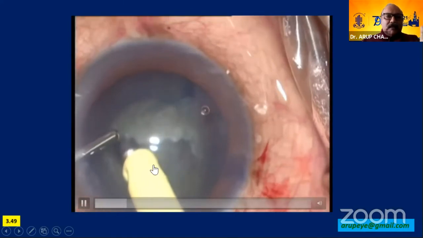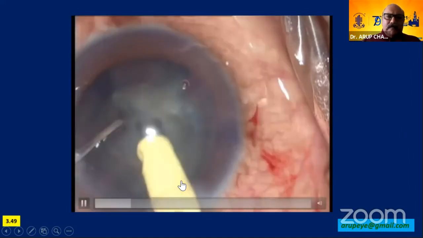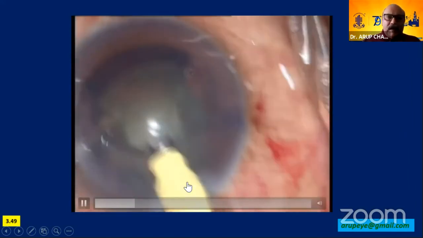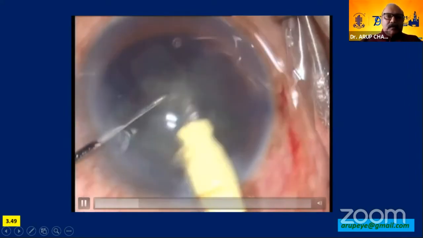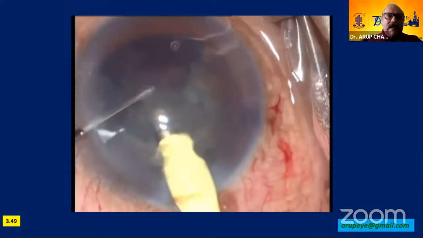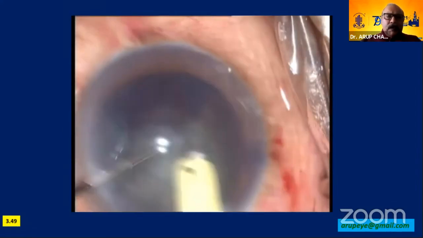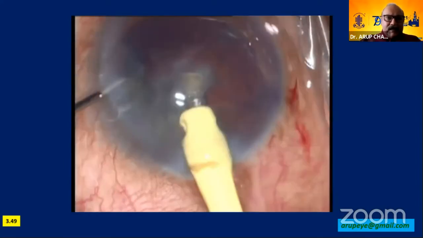on the nasal side, separated from the main body of the nucleus, and subsequently did the same step that I'm going to follow. Now, cortical cleaving hydrodissection is something that should never be done, and I do a hydro-free dissection because it separates the adhesion between the capsule and the underlying lens matter, and thereby it creates a space. So subsequently, when you go for phacoemulsification, the fluid somehow tracks under the capsule, and at a subsequent stage where